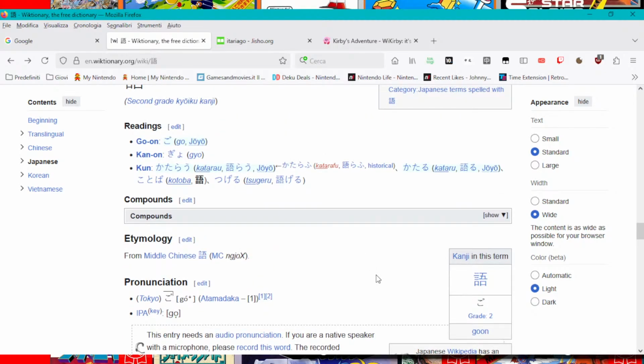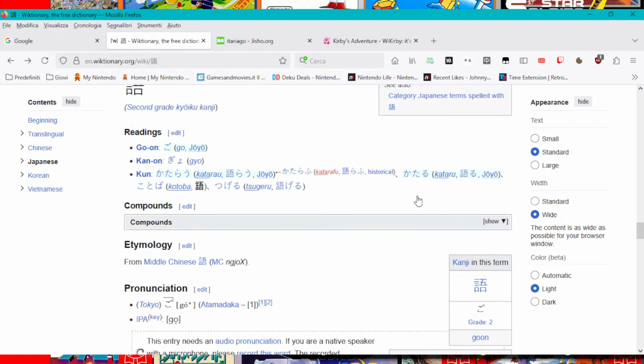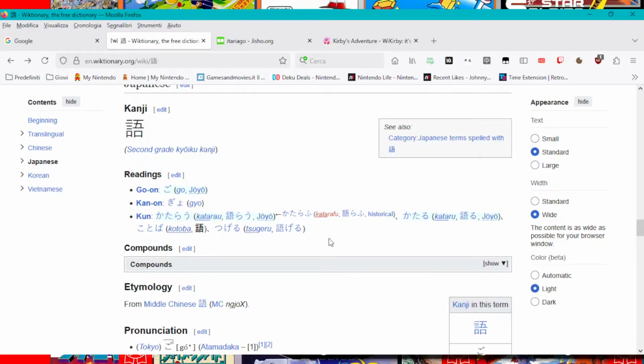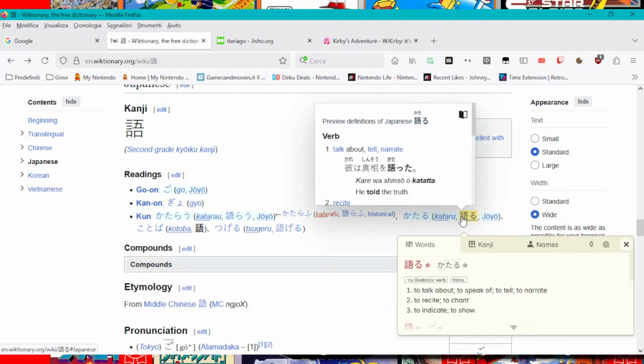And then we have the kunyomi, never mind all the other ones. The one that's actually used is kataru, unaccented. As I mentioned before, it's the verb to narrate, also to talk about, to speak of, but better to narrate. And it's the one found by changing the u, because it's a godan verb, u verb, into i, katari, narration,